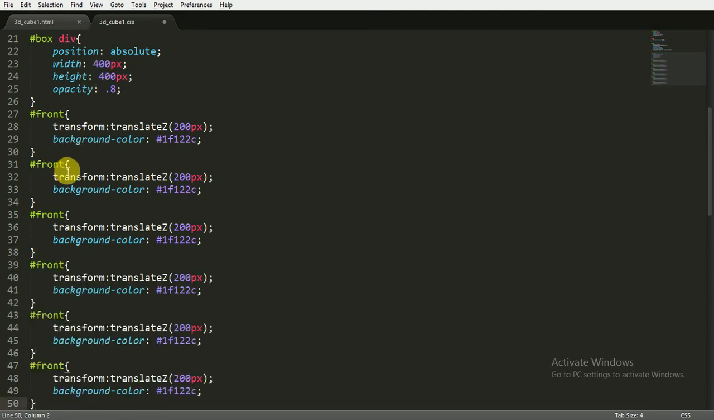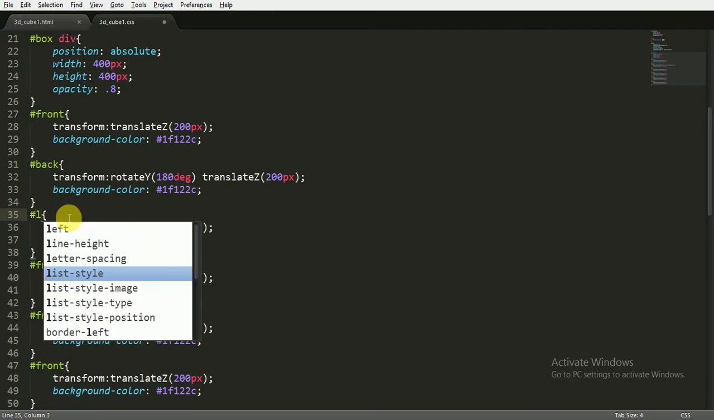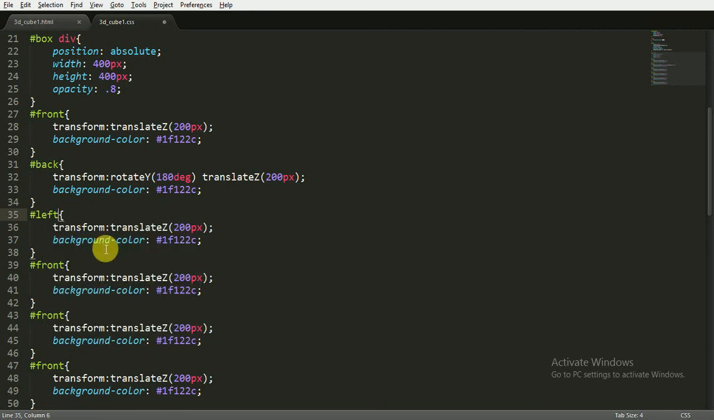Okay, now for the second ID, that is of back, and we have to rotate the y-axis by 180 degrees. And now for the left, I'm going to rotate the y-axis by minus 90 degrees,